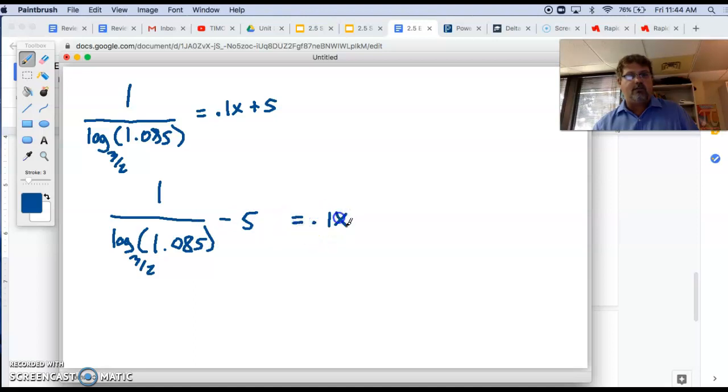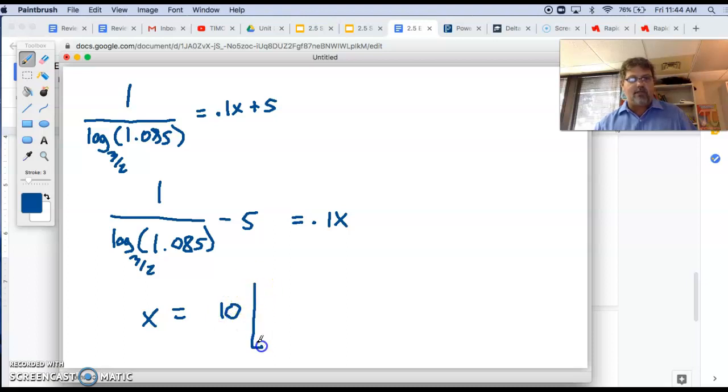0.1x. Now, instead of saying divide by 0.1, I think I'm going to say multiply by 10, because remember, that's 1/10, and it makes the answer look a little cleaner. So really, x is equal to, multiply by 10 on both sides. X is equal to 10